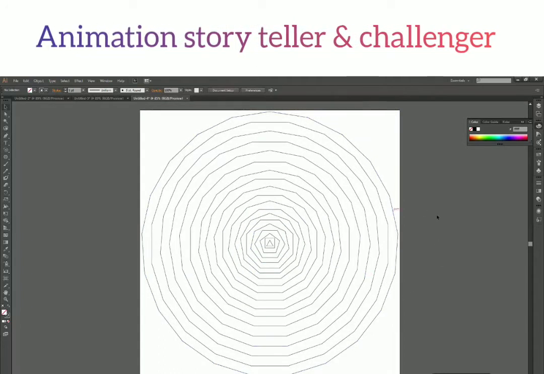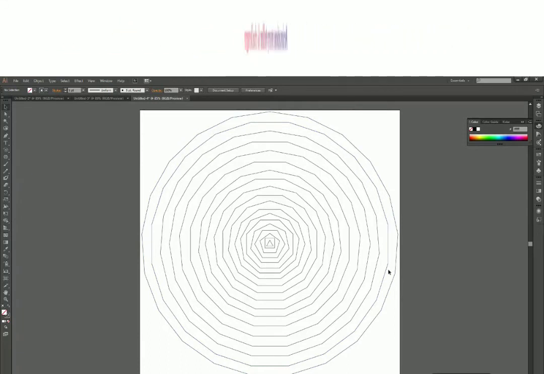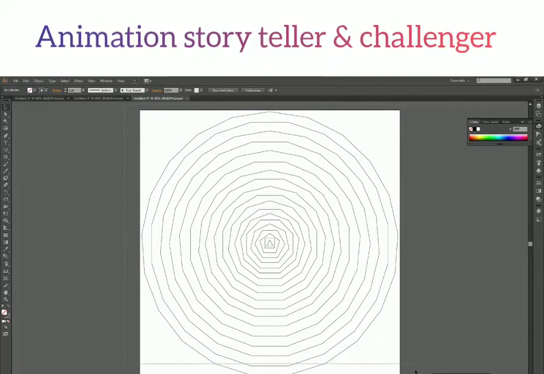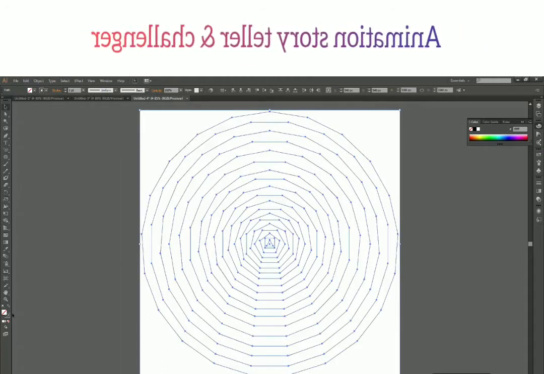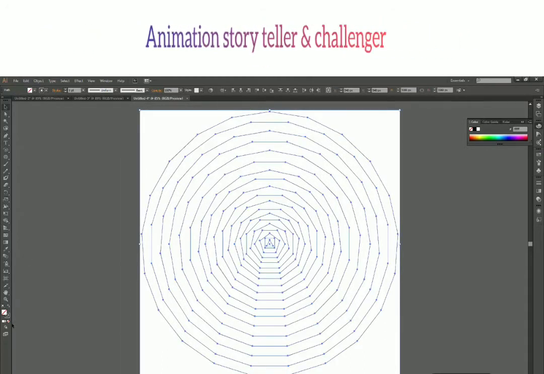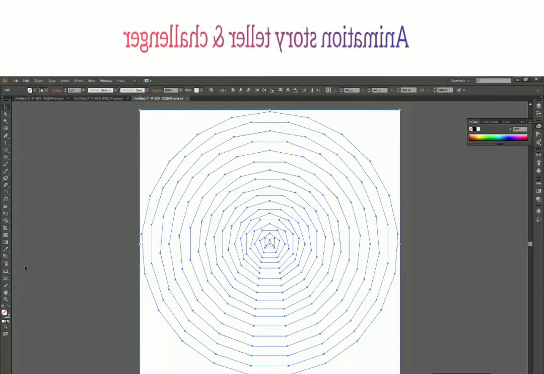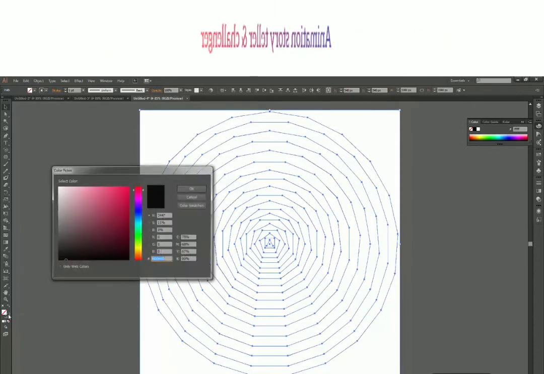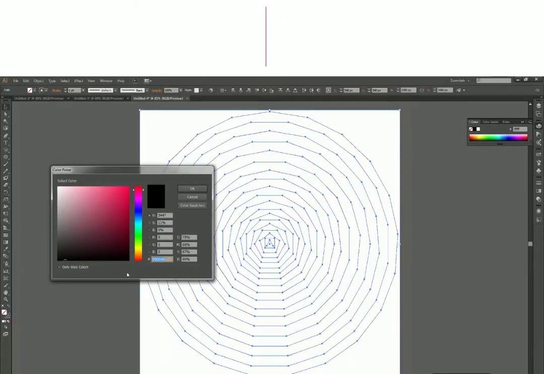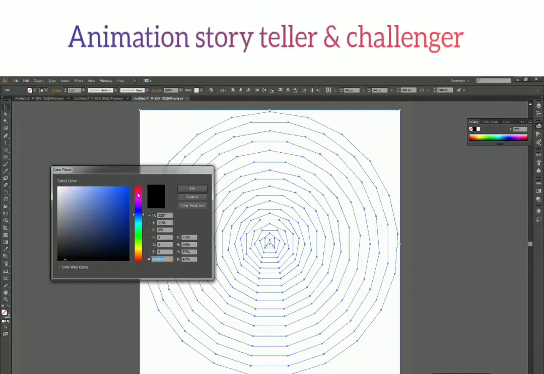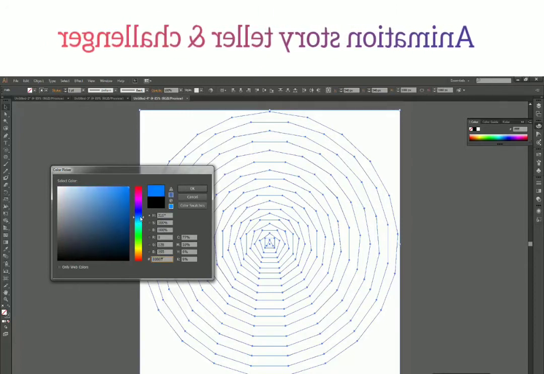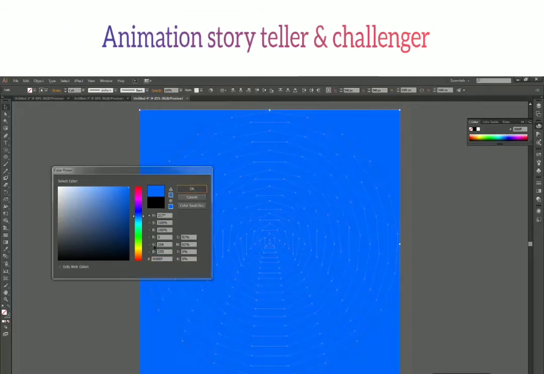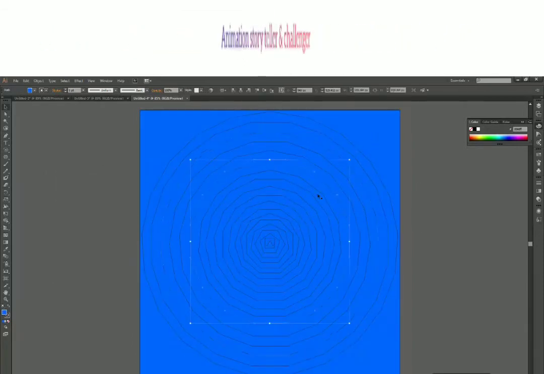Okay, so now we have completed all our polygons. What we can do now is select all of them and start filling color into them. The color scheme we are using for this is monochromatic, so we'll be using one single color at different brightness levels. So which color should we select? Blue, I think blue should be fine. All right, press OK.